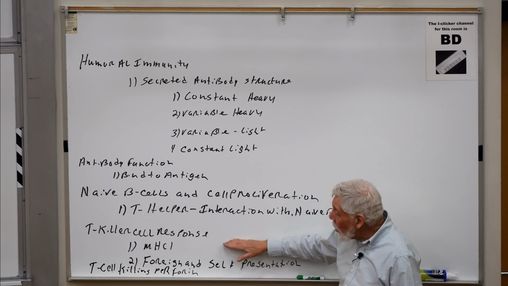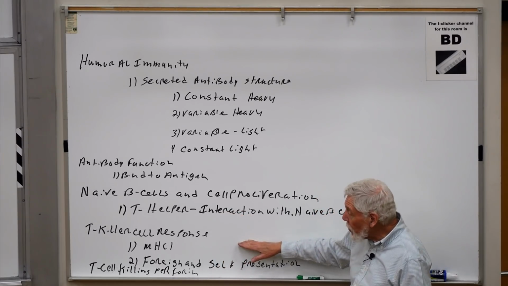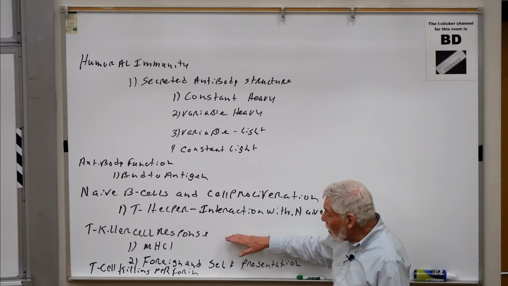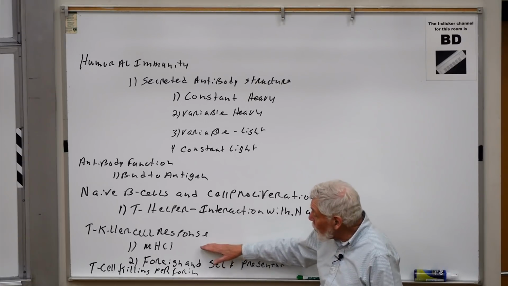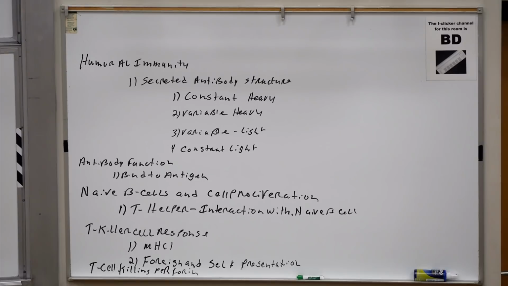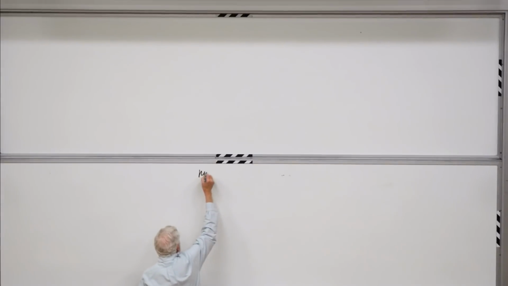And then finally, we'll show the parallels between the T killer cells, which will use a T cell receptor and a CD8 molecule to recognize foreign proteins, usually viral proteins, displayed on another cell, and then kill those cells. We'll talk about how that happens. But let's begin here with a kind of reminder. And we'll talk about macrophages